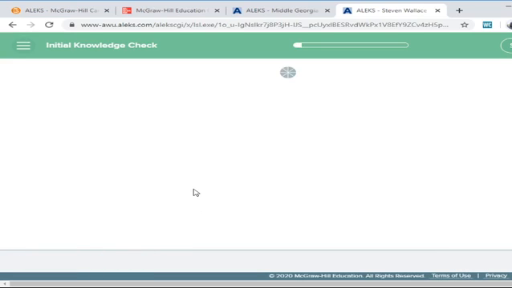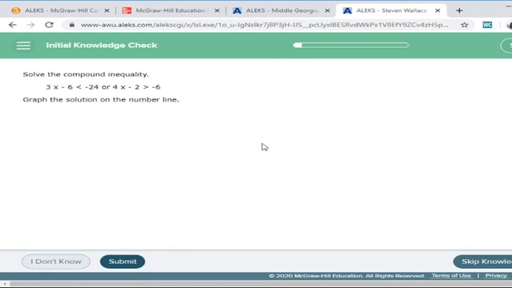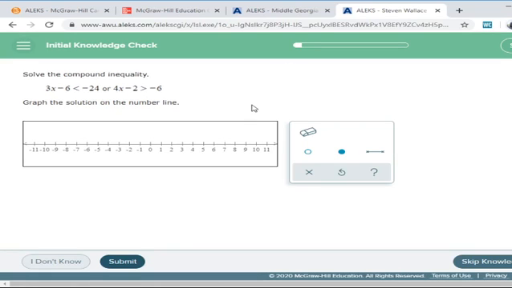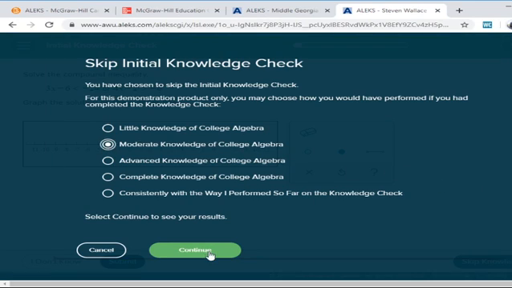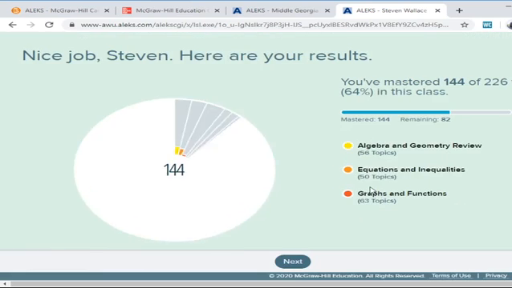If you get one right, it adds stuff to the already mastered list of topics. If you get something wrong, it might decide that you need to do some more problems like that in learning mode before you have mastered that learning objective. So definitely do as many as you can correctly as possible, and you won't have to do as much later on. So I'm going to go ahead and skip this so you can see what happens after you get done.